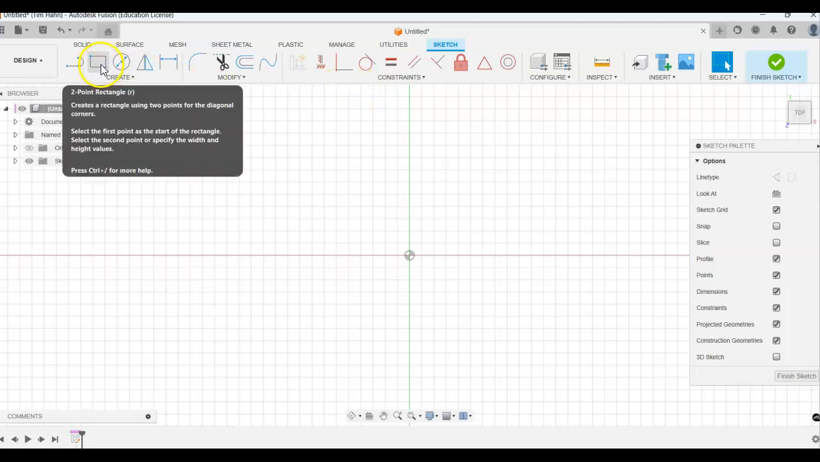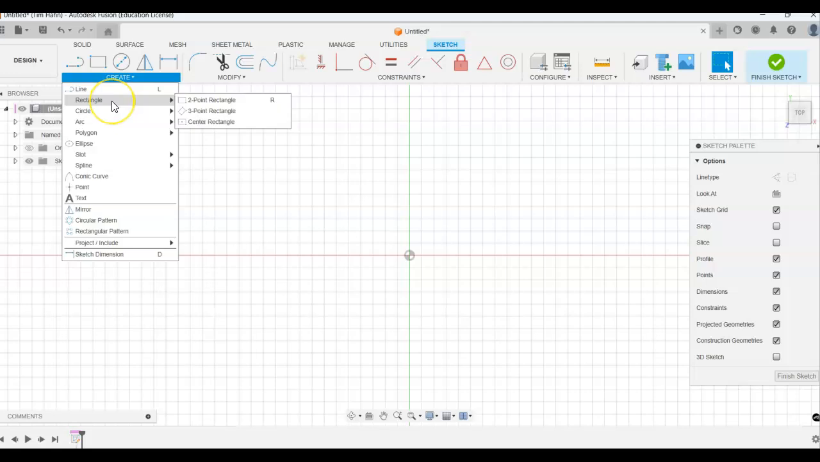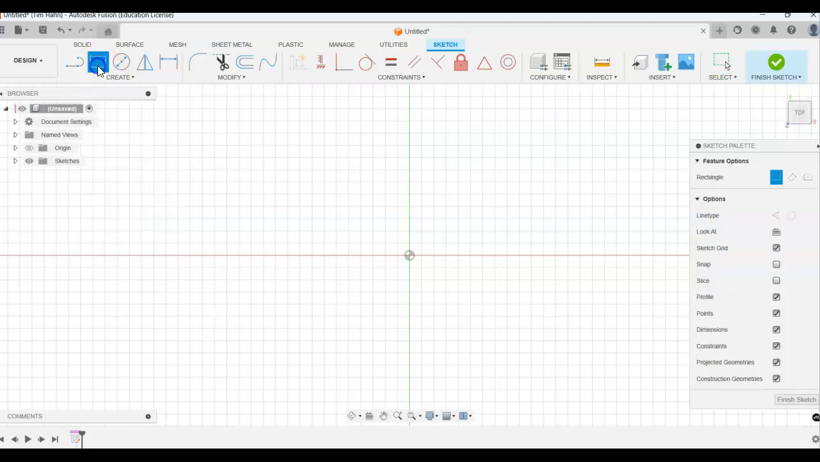And I'm going to draw a rectangle tool. Create rectangle or rectangle tool. This here is the origin. So the red line is the x-axis, the green line is the y-axis, and where those two meet is the origin, just like in math class. So we're going to click on the origin for our first corner,